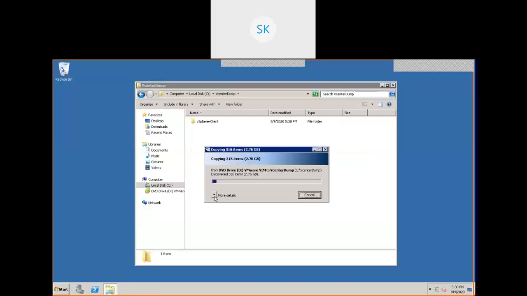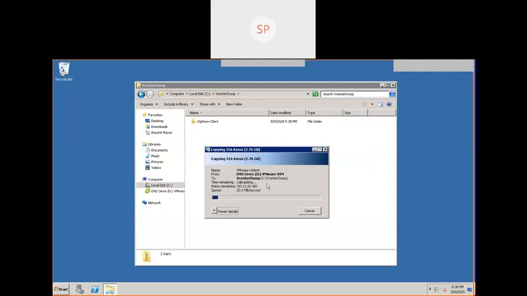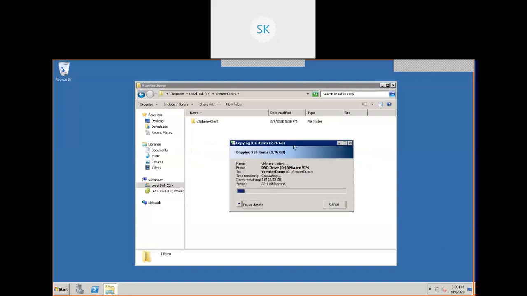For later times, installation, uninstallation, troubleshooting, it is very important to have this dump on our local system with respect to vCenter server. Wherever we are going to install, we are going to copy those files to the local path so that it will be available for later troubleshooting.